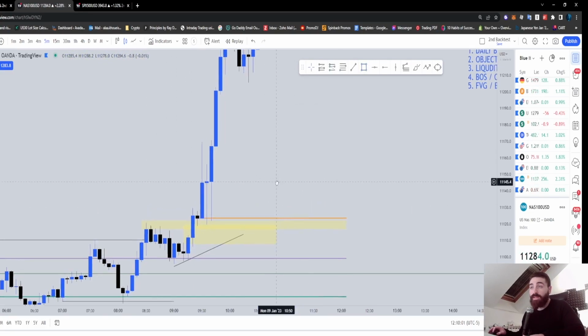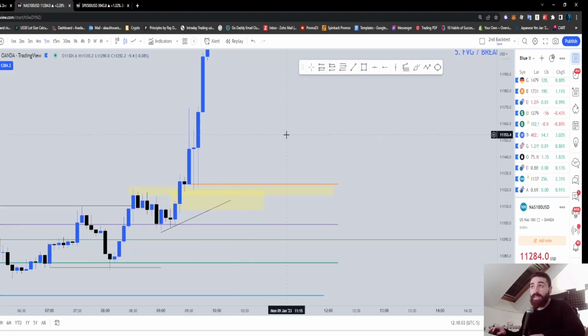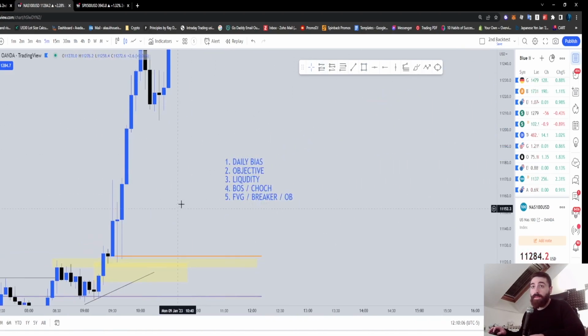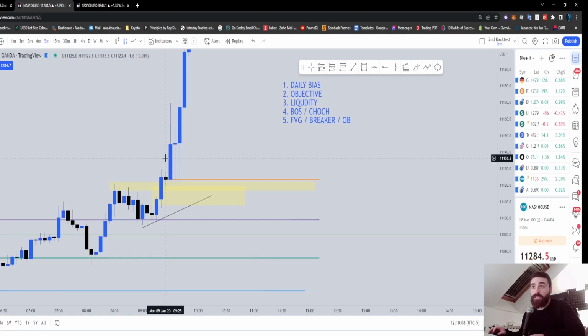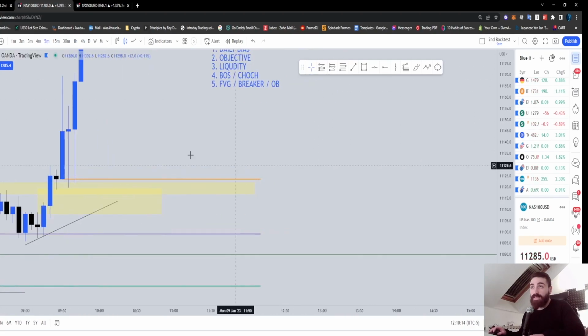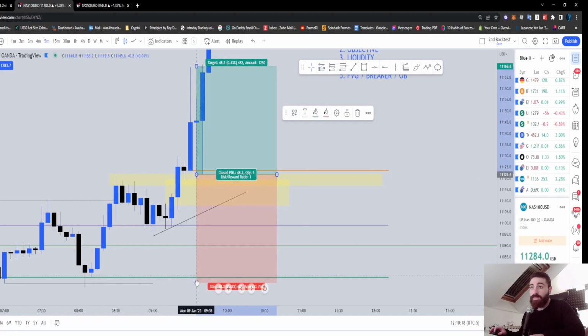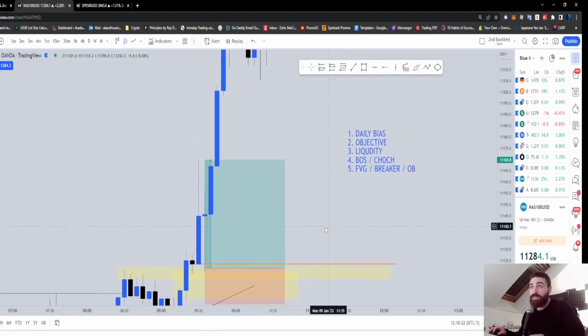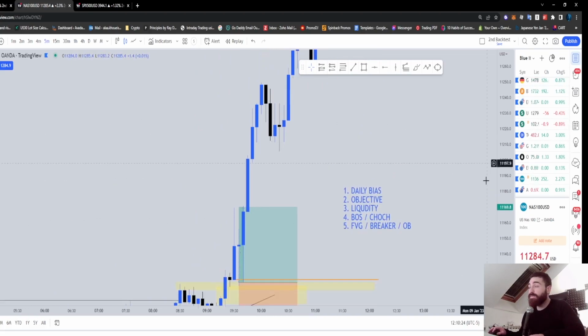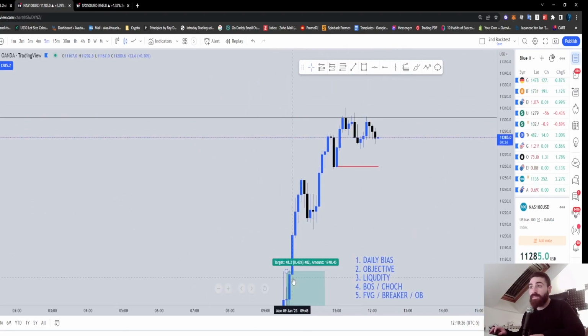We came back, and as I said, we broke structure right here. We broke structure and then we retested. When we retested, we can take the trade right here. Our stop loss is here, and our first objective is gonna be,